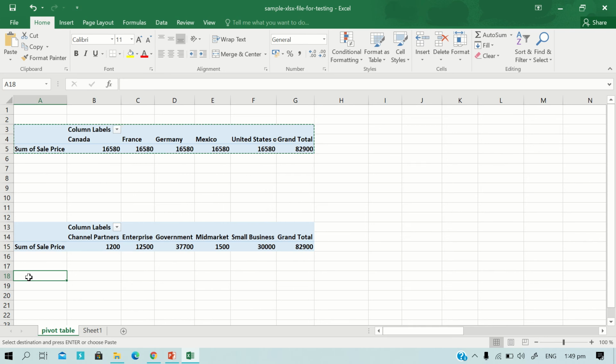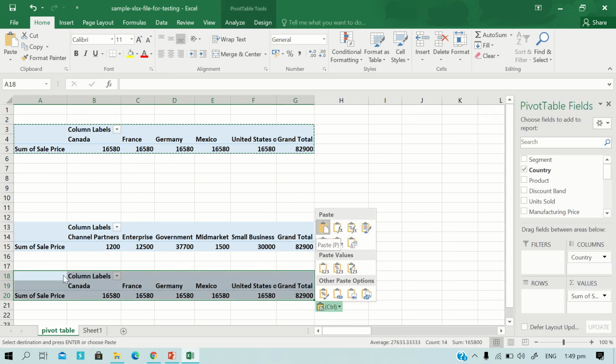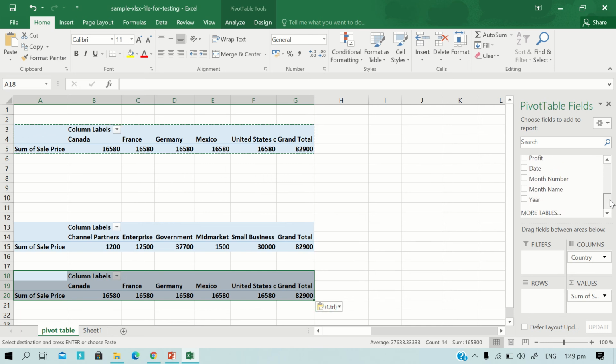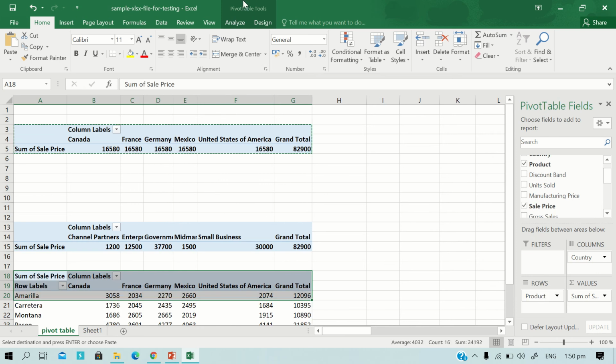I want to Control V, another file I want to make. I want to mention two things, country and product: which country sold which product in large amount. So I want to drag here. If there are two variables, one of them should be